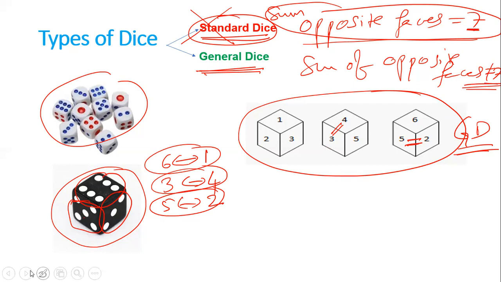Okay. Now, what kind of questions will you get from standard dice? As I said, there is no scope to ask too many questions. Even if you have one view, you can find the faces opposite to it when it comes to standard dice. Let us say if I give you a dice like this,